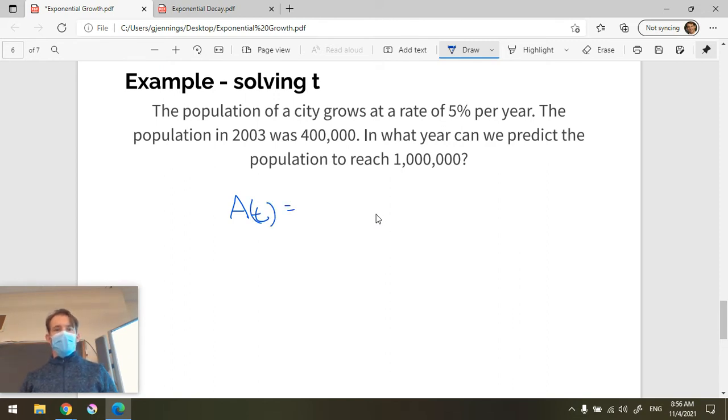So we have in 2003, so we can say let 2003 equal year 0. Okay, so that's year 0. After 1 year, 2004, we want to input a 1 and multiply our growth factor by itself that many times. One growth factor in 1 year. So that's why we need to let 2003 be year 0. So we know that this is 400,000 multiplied by,